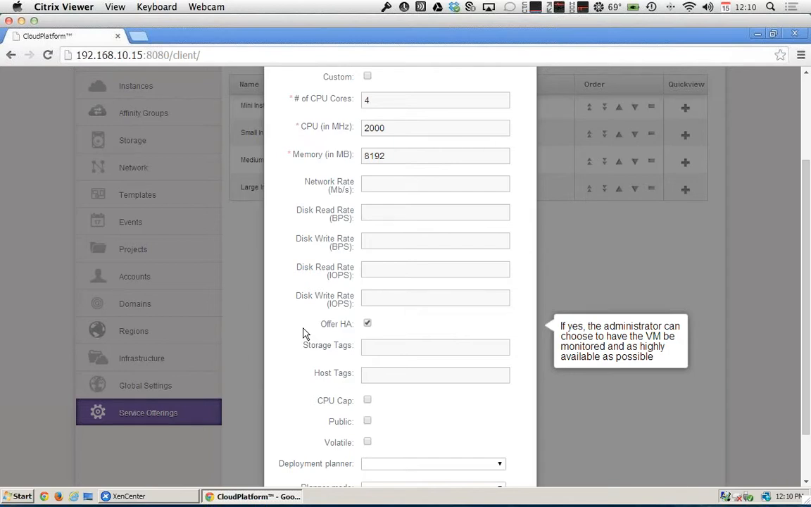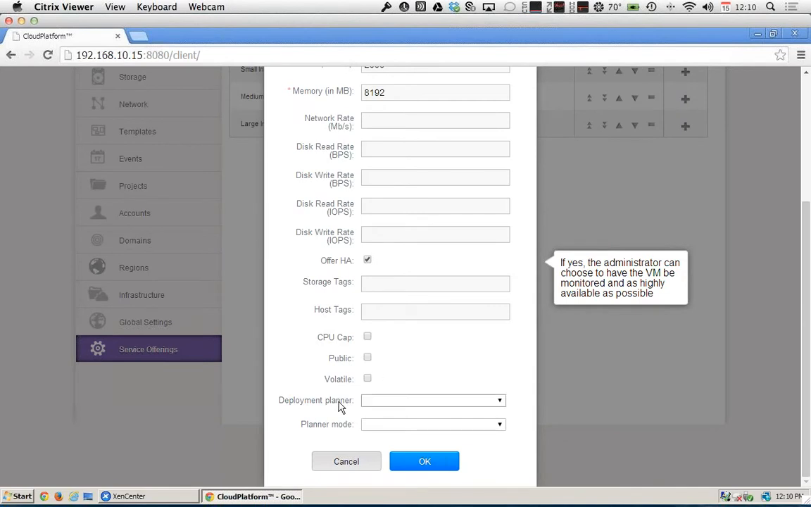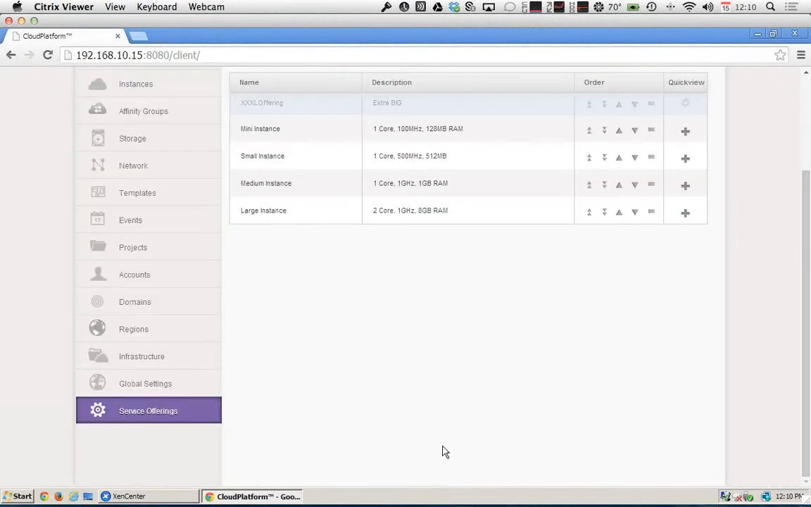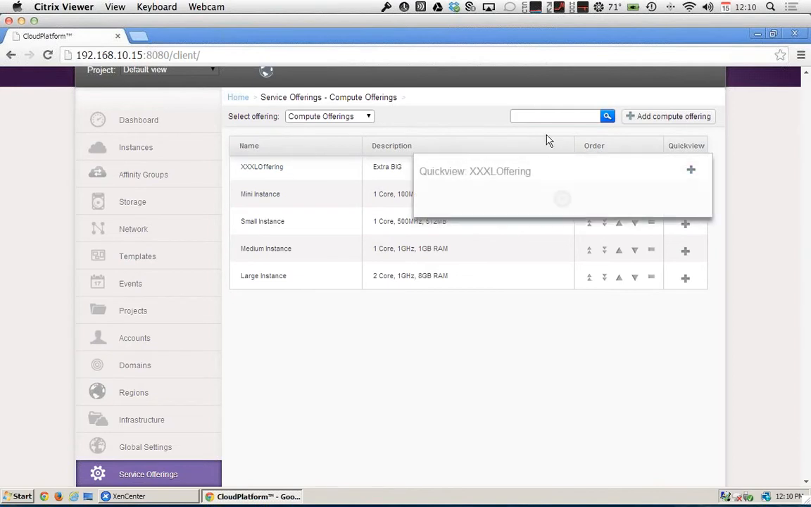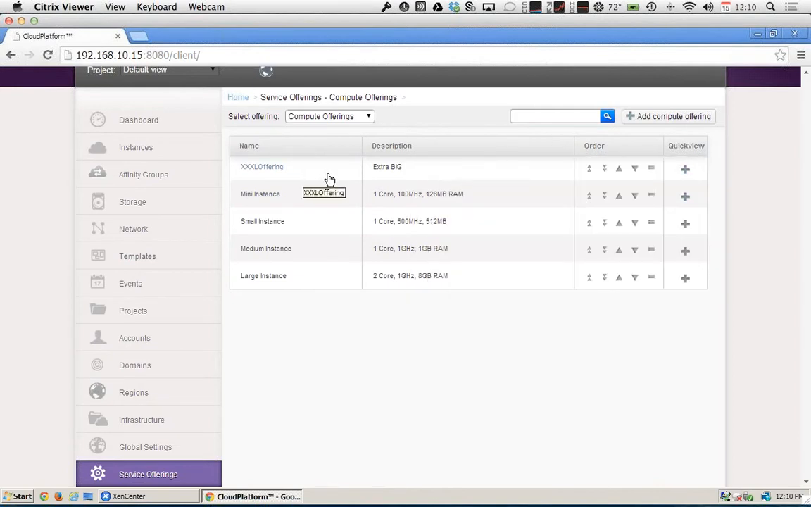We can go into here and see the various information about what that offering has, any specific rates, limitations, disk sizing, etc. The custom one, and then the network offerings. And here are the different types of network offerings that we've currently got enabled within our infrastructure. If I was to create a new offering, I'm going to call it XXL offering,